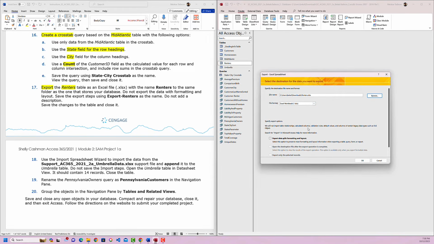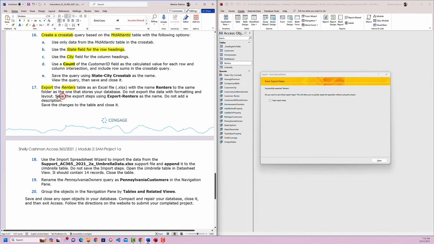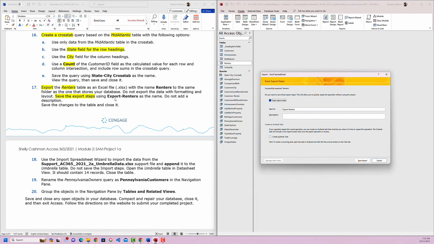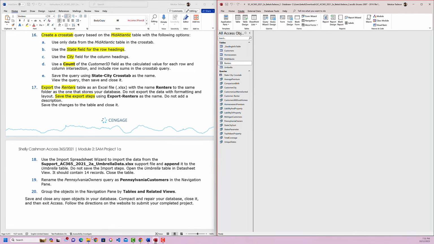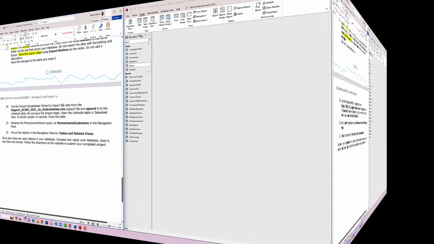And the file format is Excel, and then it says do not export the data with formatting and layout. So that means we should not select this option. Simply click OK. And then say save export steps. So we have to do this. So select this, and then using export renters as a name. So it's export renters, so we don't have to change anything, and then save report. So this will export the file here, renters, with the name renters Excel. So this is the new file which is exported. So 17 is done. Step 18,